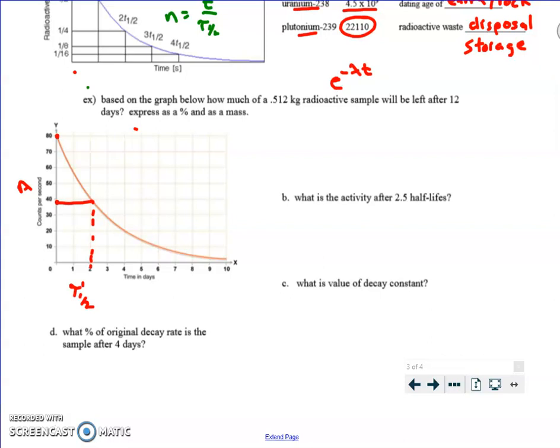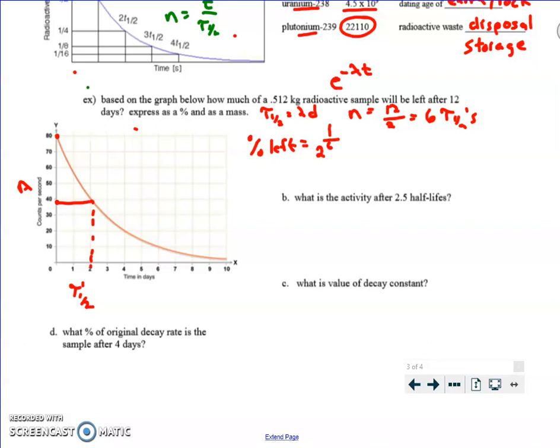Okay, so now that I see that tau half is 2 days, I ask myself how many half-lives there are then. Well, we see that it's 6 days, so n in this equation up here is simply going to be 12 days divided by the amount of time for one half-life, so that's six half-lives. So I can say the percent left, and there's other ways of doing this, but this is the most straightforward. The percent that's left is equal to 1 over 2 to the 6th,